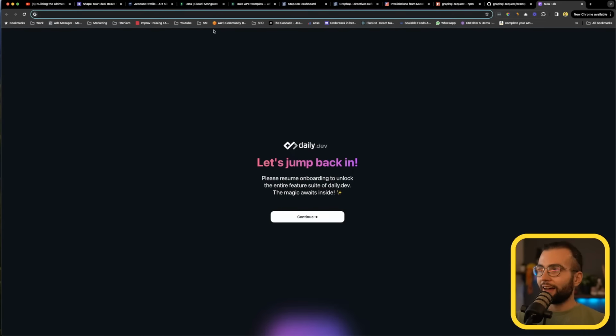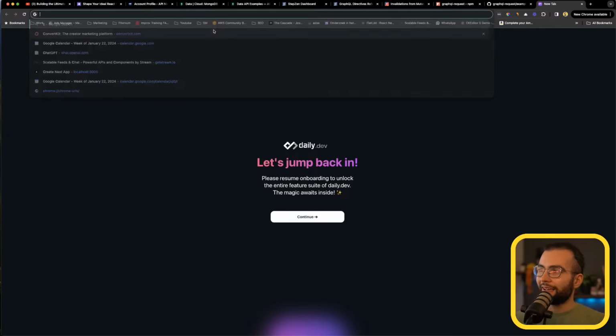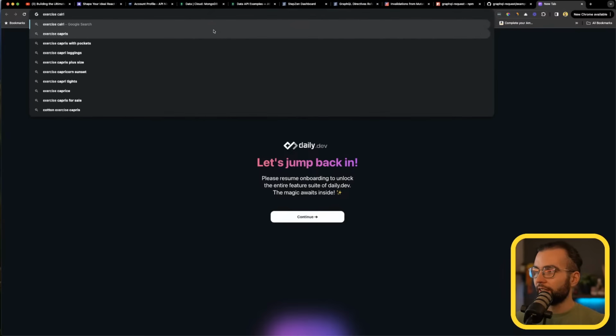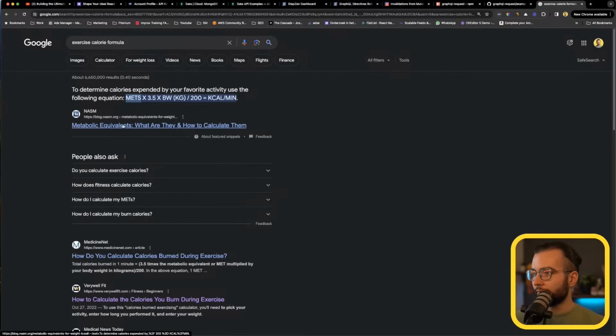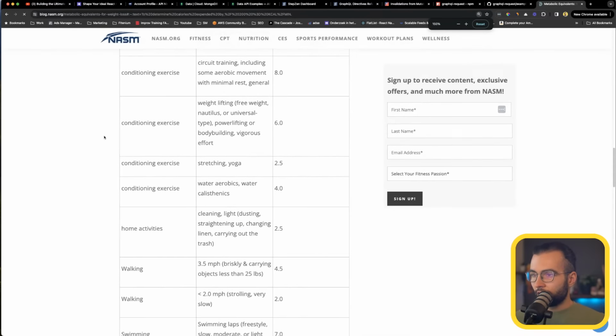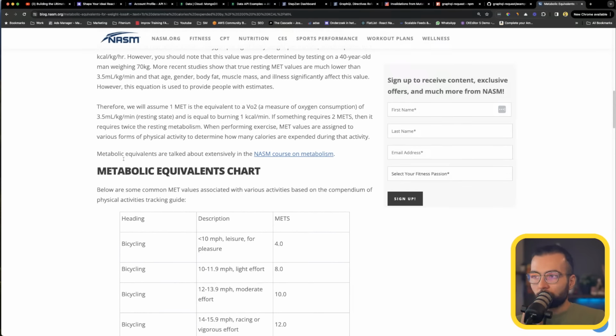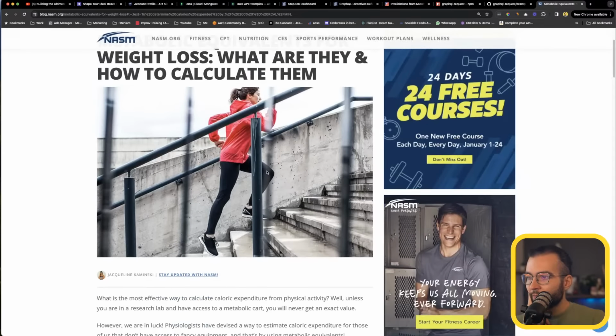Very interesting question. To this comment, can we track how much calories burn while doing an exercise by using an API or methods? That's a good question, and to be honest, we could. Everything is possible. That's my answer. There is a formula for exercise calorie formula. There is a way to determine how many calories you are burning. So the formula depends on this